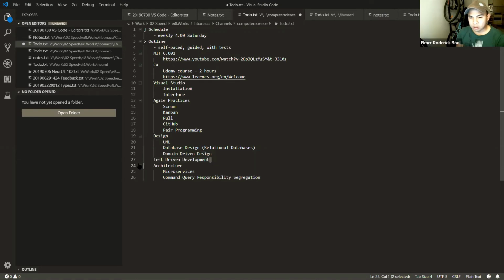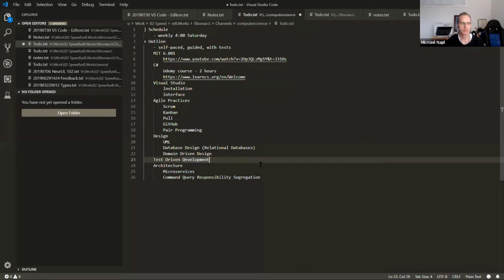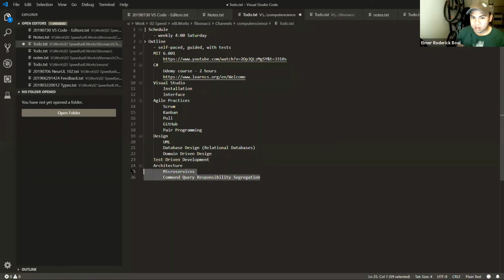Then we look at other concepts such as test-driven development. So you have stable code, the code that tests itself, that validates itself. And then finally, in this stream, we'll look at the architecture. So how do you work with microservices, CQRS, and so on. But keep in mind that this will only be a tentative list, because as we go along,